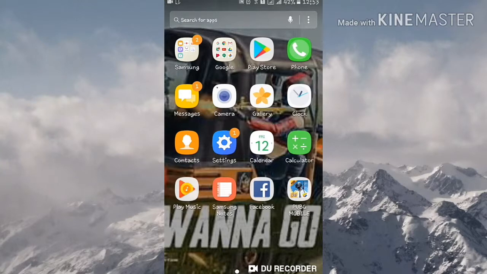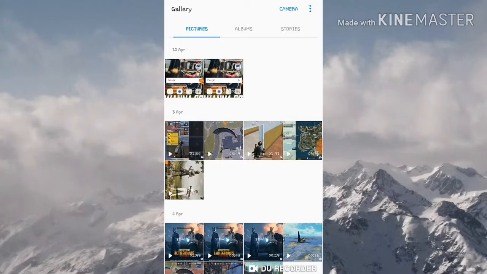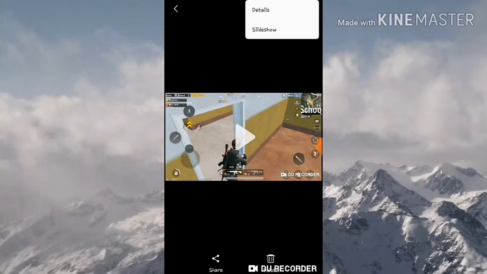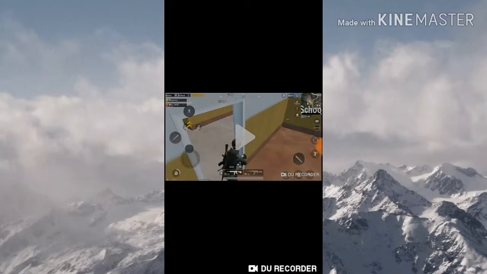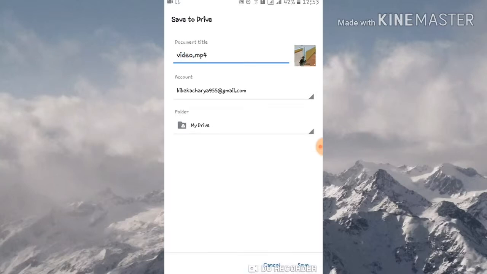After updating it, you have to select the required document which you want to share. I would like to share this video to my friends, so for this click on share and click on save to drive. After this, you have to choose document title, and after choosing the document title, you have to click on save,